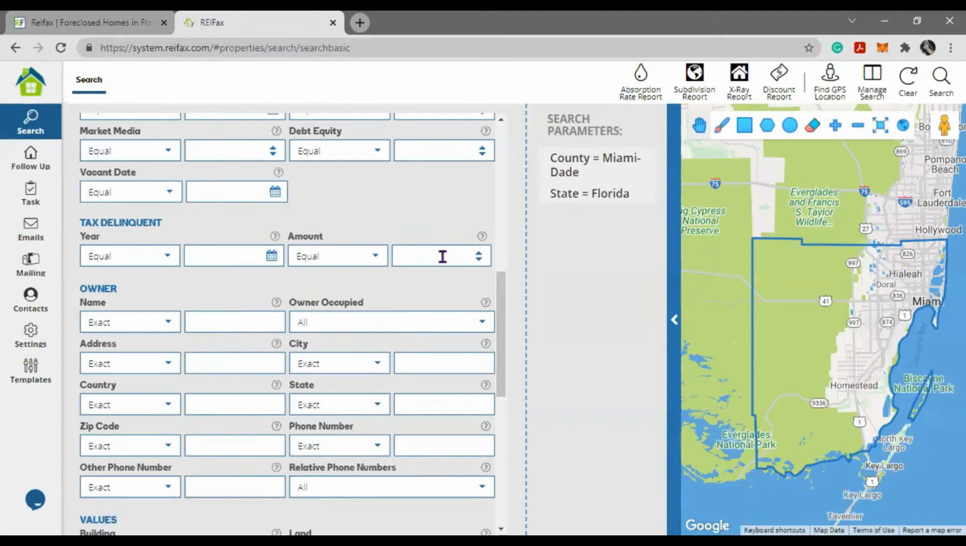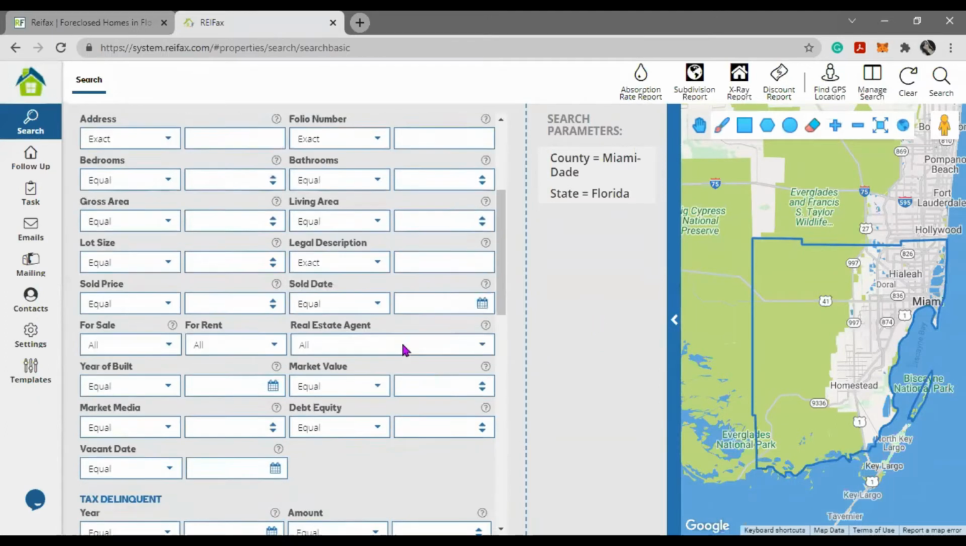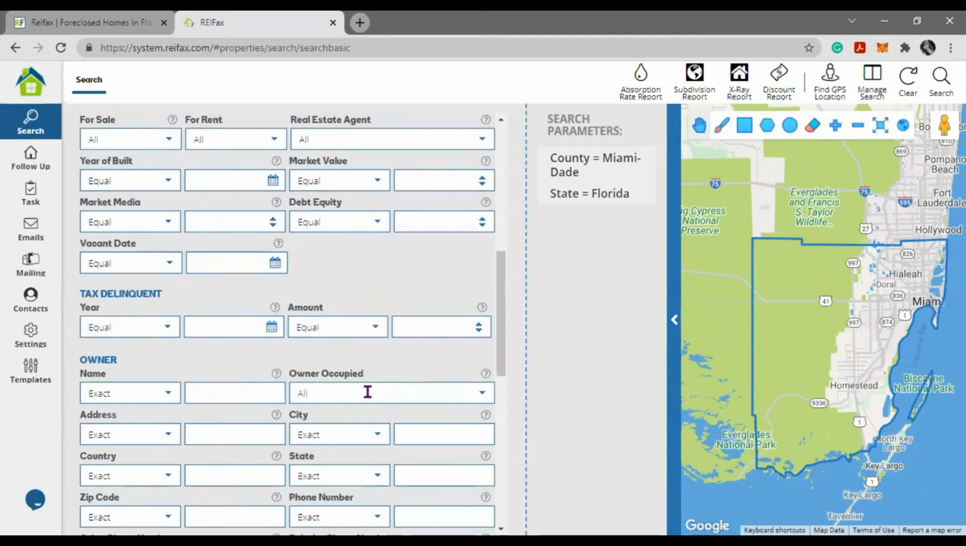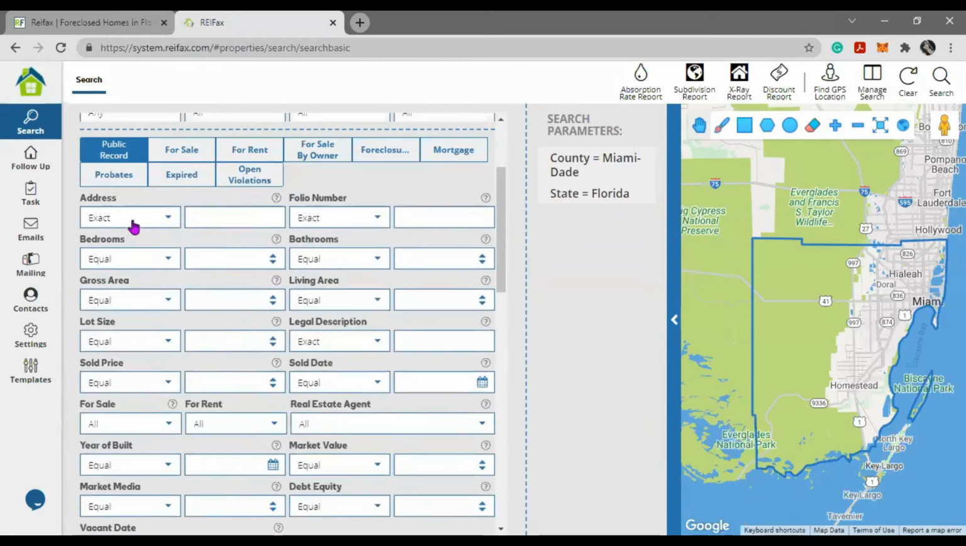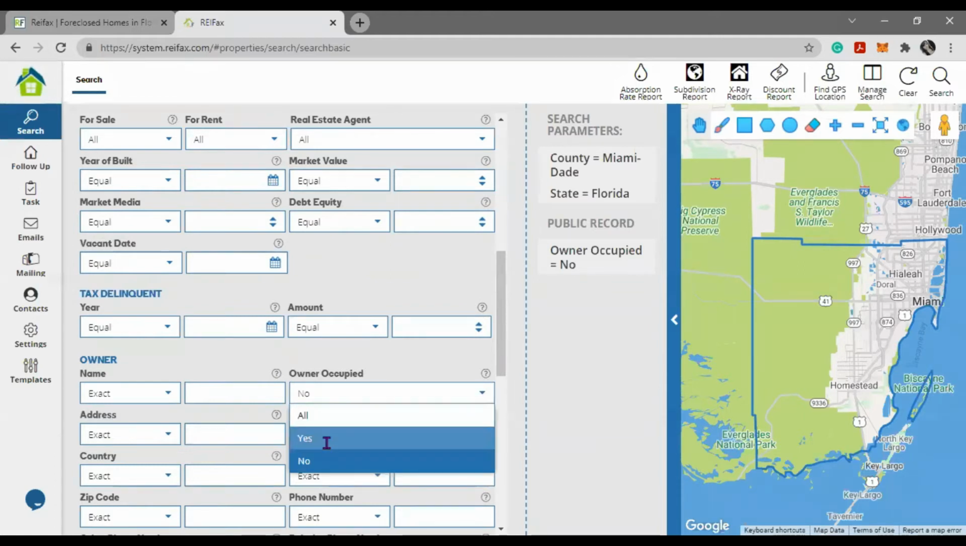If you don't have professional dialer and you want to look for, let's call it, absentee owners, then it's right here. Owner occupied, that is again below the public record filters, and you can select absentee owners, selecting no. This doesn't mean that the property is vacant. It only means that the owner doesn't live in that house, but maybe somebody else is living there, like a tenant or something like that. But if you want properties that are owner occupied, then just select